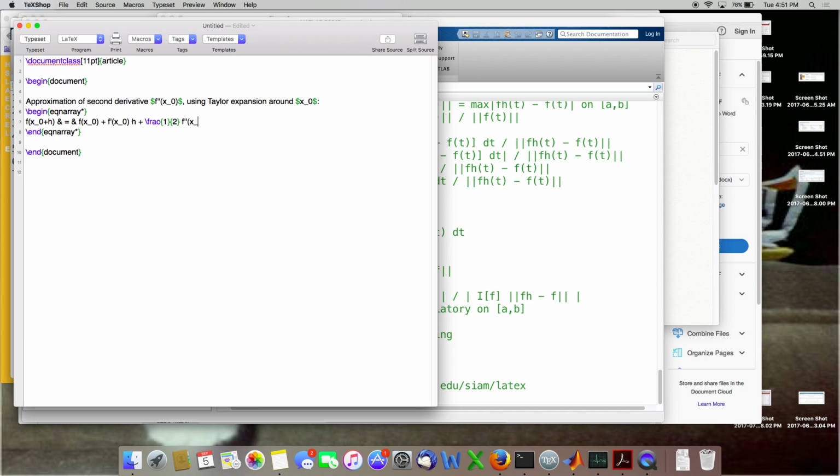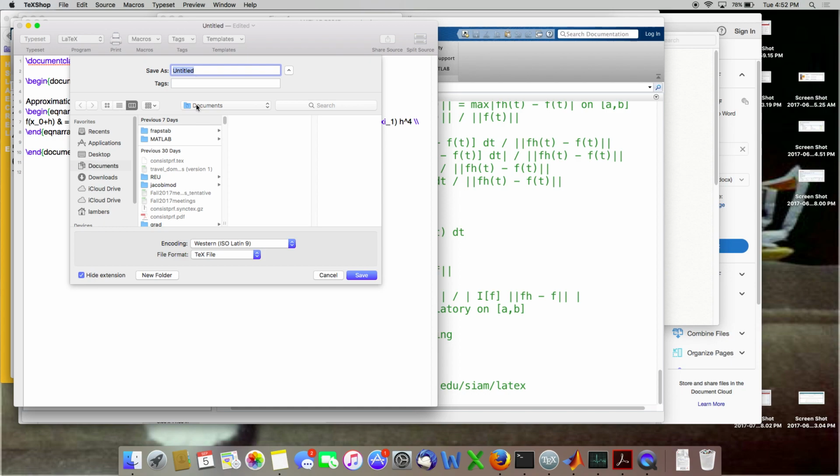And I want f double prime x naught, and I'll keep going, 1 over 6, f triple prime, and I'll go one term more, and I have f. I'm going to use this notation for the fourth derivative because four primes is kind of hard to read. And at the last term, it's not x naught, it's an unknown point. I'm going to call it xc1. Xc is a squiggly Greek letter. In fact, in class I've often called it squiggly. H to the fourth. Sorry for getting my powers of h here. And double backslash ends the line.